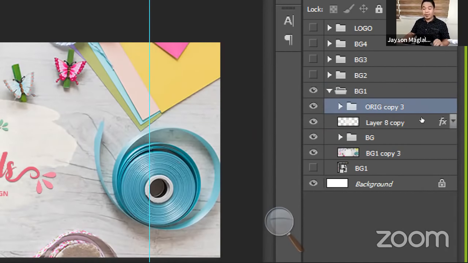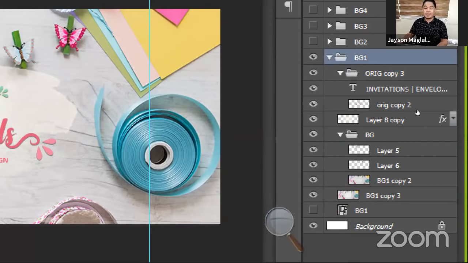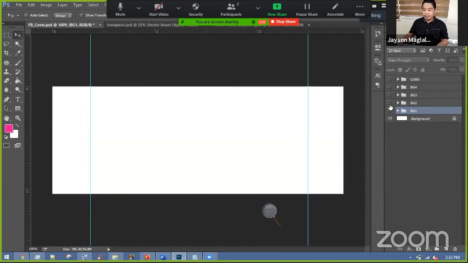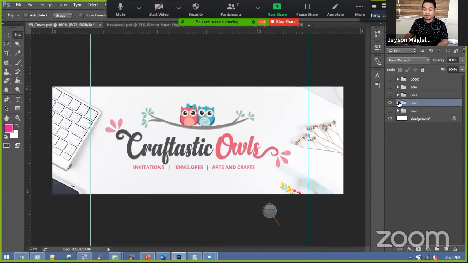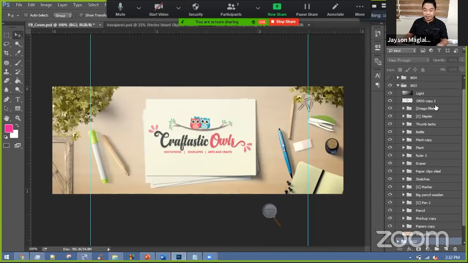So technically, paano mag-group ng layers? Control G dun sa mga selected layers lang. And as you can see here, I have multiple layers inside this single folder. So I do advise working with Photoshop na, kabisaduhin po natin yung shortcut na Control G to organize our layers. So, ayun. Also, this example, multiple layers din po yung meron tayo dyan. Even this one. So, this BG3 is